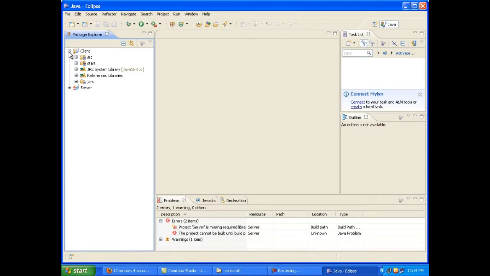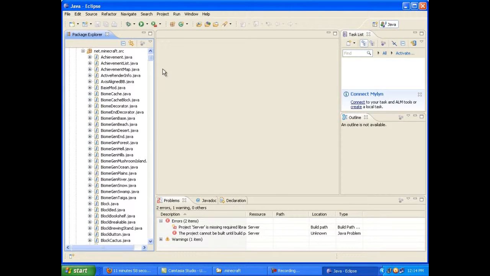Just going to go ahead and expand client over here, source, and that's where all the delicious vanilla Minecraft files are, just waiting for us to poke around in them and figure out how they work and modify them to our heart's content. Of course, we're not going to be modifying any vanilla files. That kind of sounded wrong. Anyway,